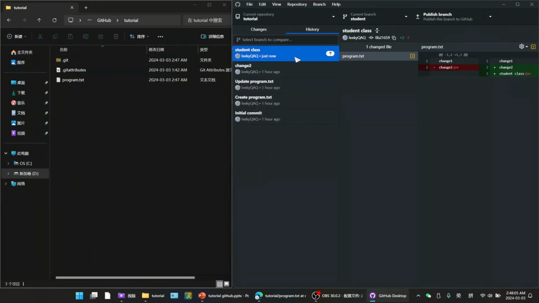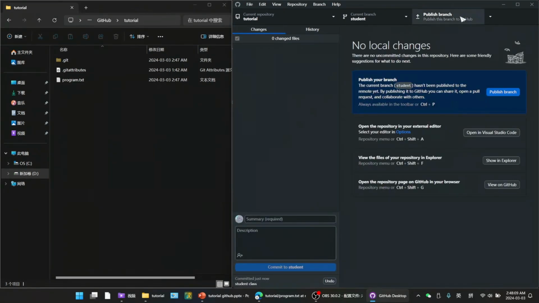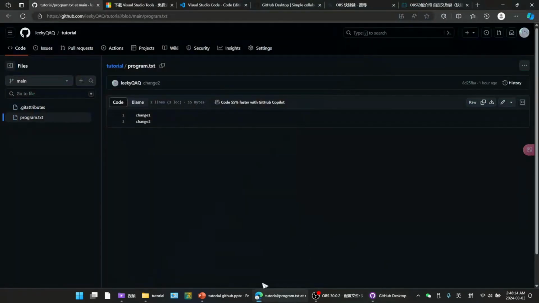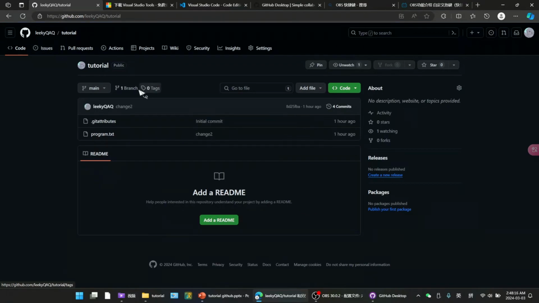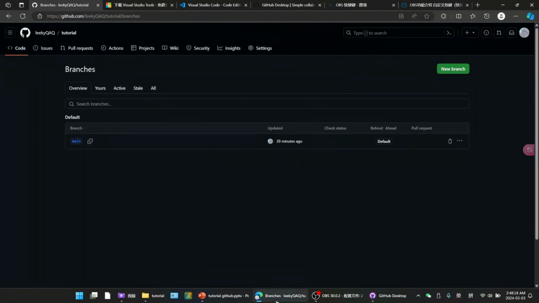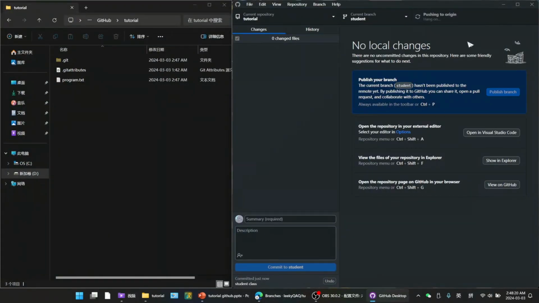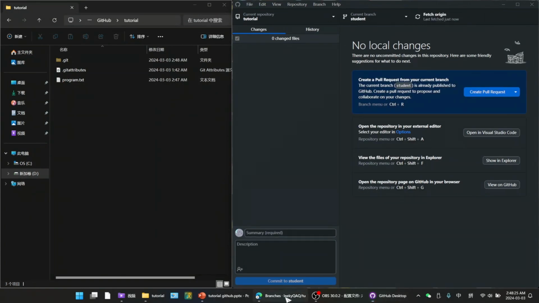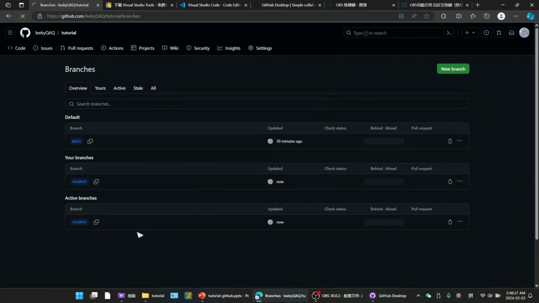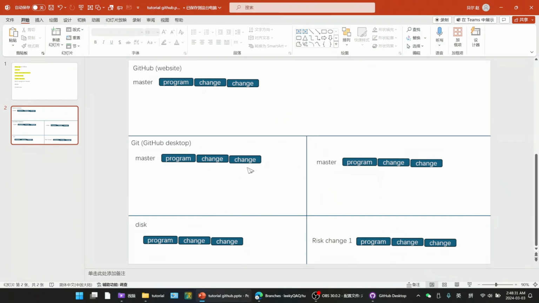You see there's a change, and now we publish this branch to GitHub, because you see there are no other branches here, so we publish this branch. Okay, now it's published. Refresh. Yes, student branch. So what we do is we create a new branch based on the master branch,